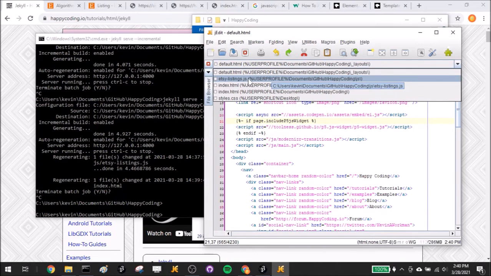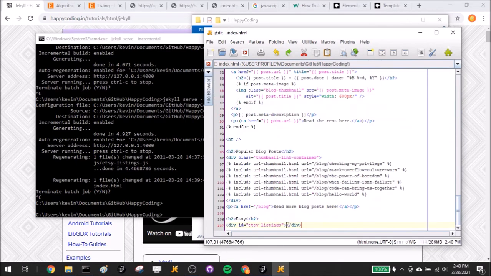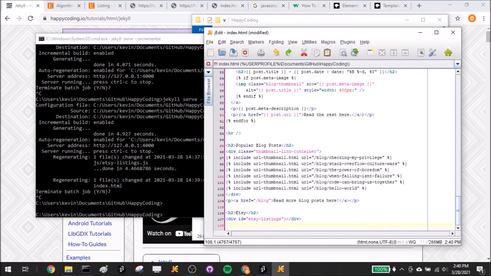Let me just put it where it needs to go. Needs to go in this index, and I'm going to do something a little goofy. I'm going to put it like here. Whoops, did I not copy it? Whatever. Script source equals what? /js/etsy-listings.js